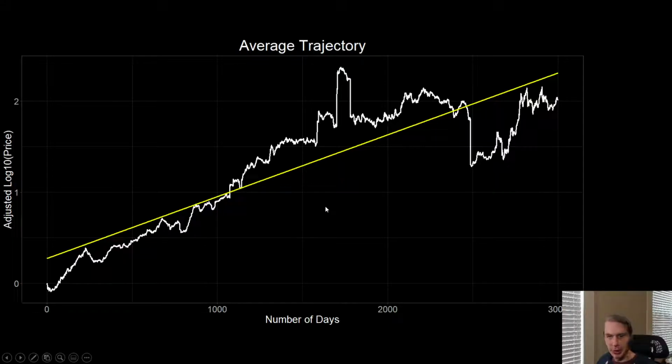What's useful about having this is that if this is the average expectation for successful crypto assets, you can use it as a benchmark to compare the performance of a specific asset you're interested in, in this case, DOT. That's what this purple line here is. This is the trajectory of DOT, lined up so that it starts at 0, and this is the logarithmic price of DOT. What you can see is that for the most part, DOT has been spending more of its time above the trend line than below. It was really only at the beginning of its life, and right now, that it's been below this average crypto regression line.